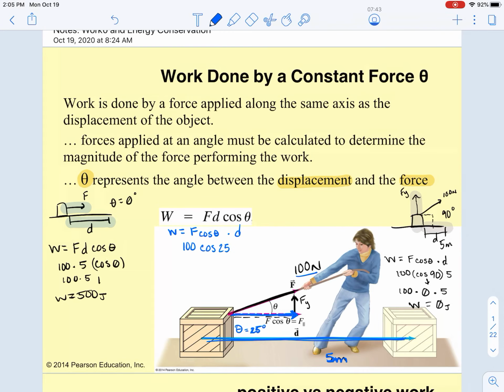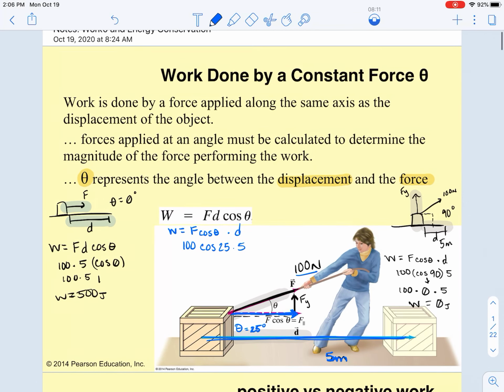So 25 degrees would go here, because it must represent the angle between the direction of the displacement and the direction of the force applied, which those are your two vectors there, okay? So that angle ends up being 25 degrees, and then we multiply that by 5. So if the woman applies 100 newtons of force at an angle of 25 degrees, then once we consider the horizontal component, she performs roughly